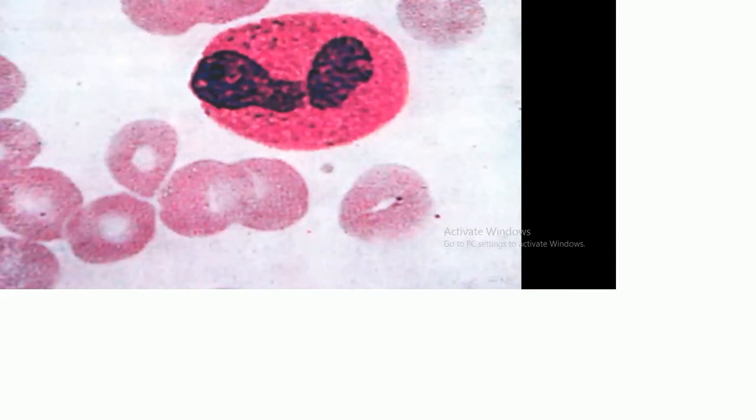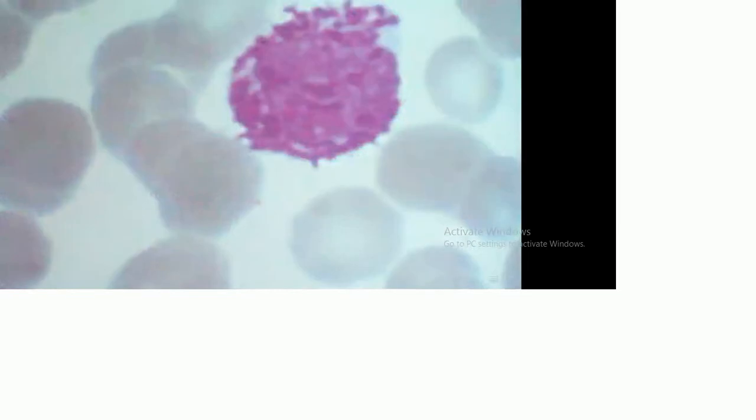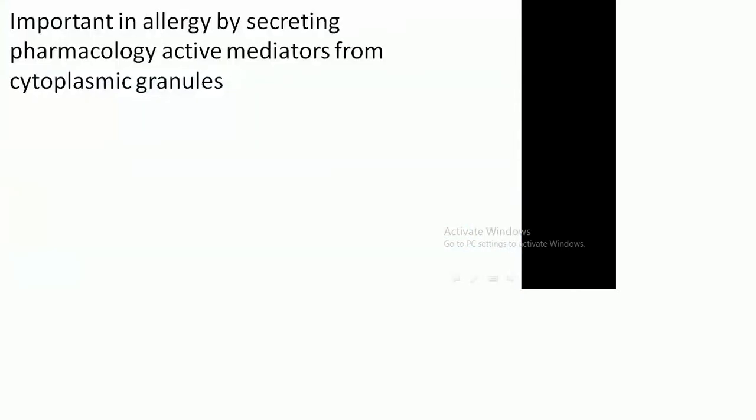Another type of immune cells is the granulocytes, including the neutrophil, which is responsible for acute inflammation; the eosinophil, which is responsible for parasitic infestation; and the basophil, which is responsible for the allergic response. And the last one, the mast cells, which are in the bone marrow, important in allergy by secreting pharmacologically active